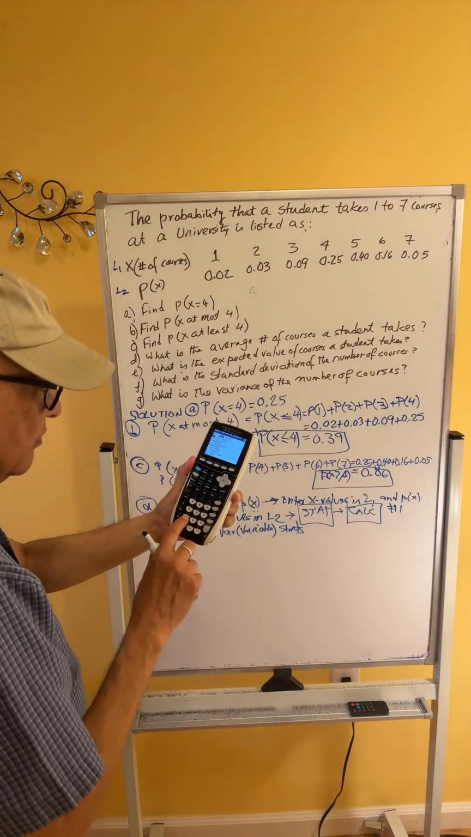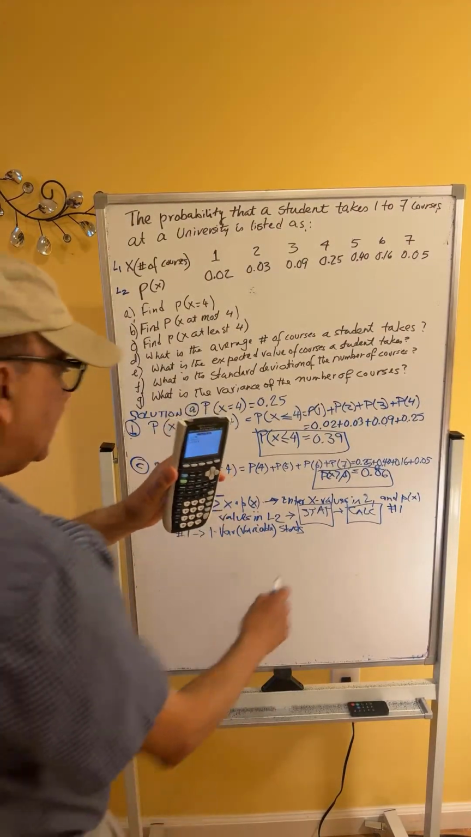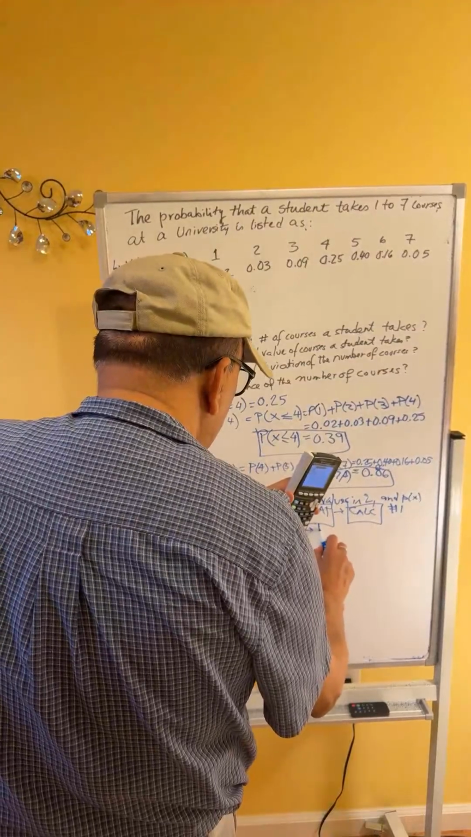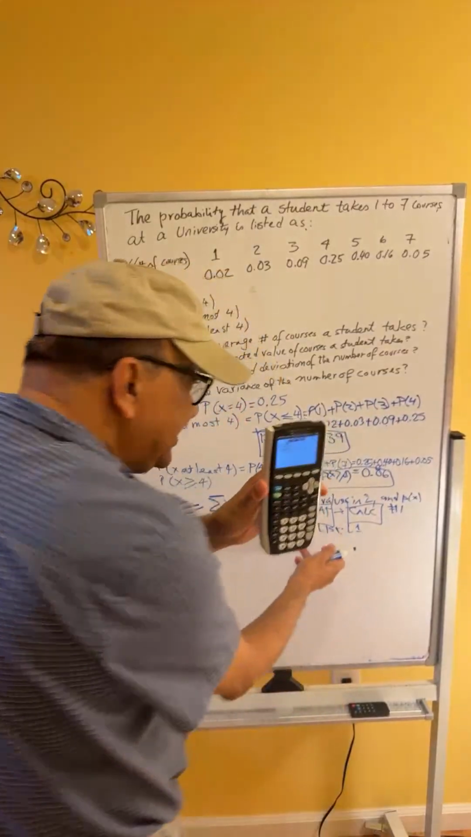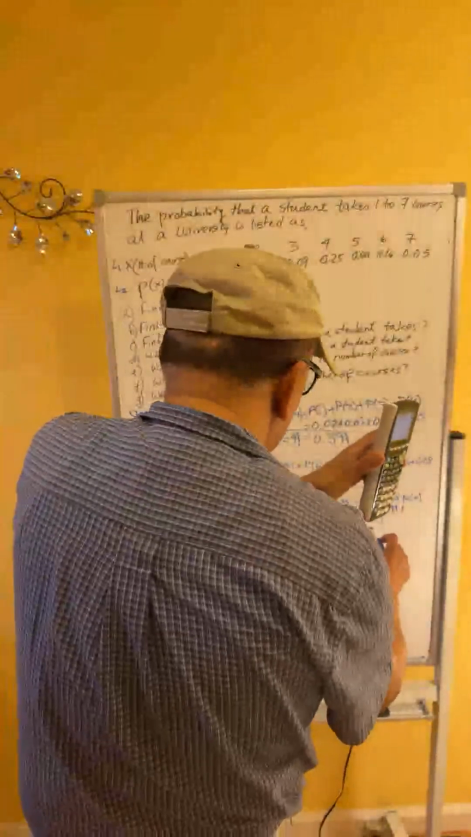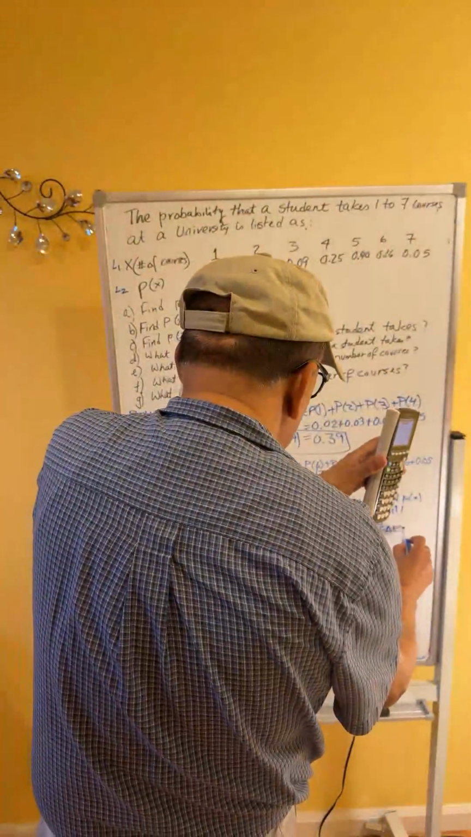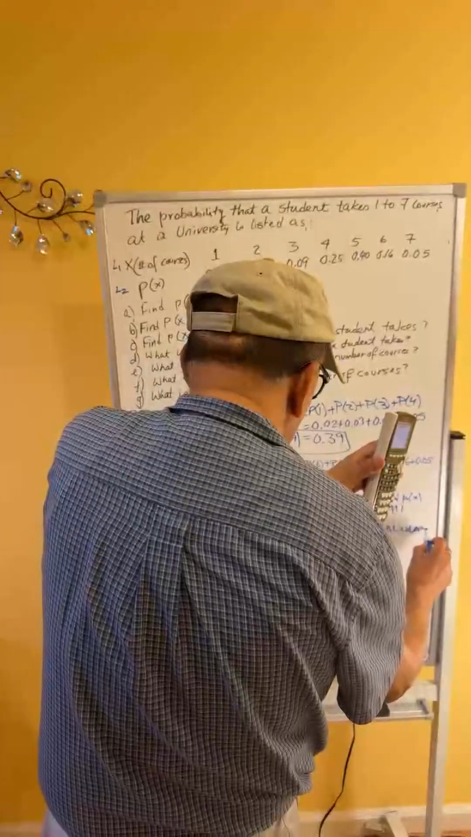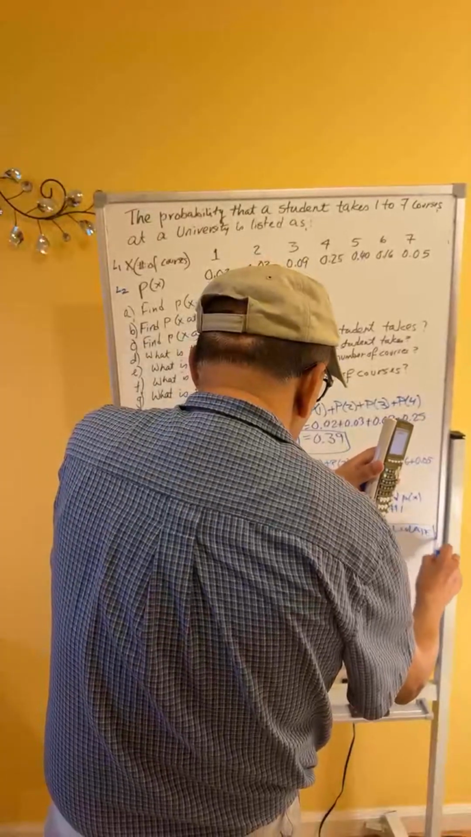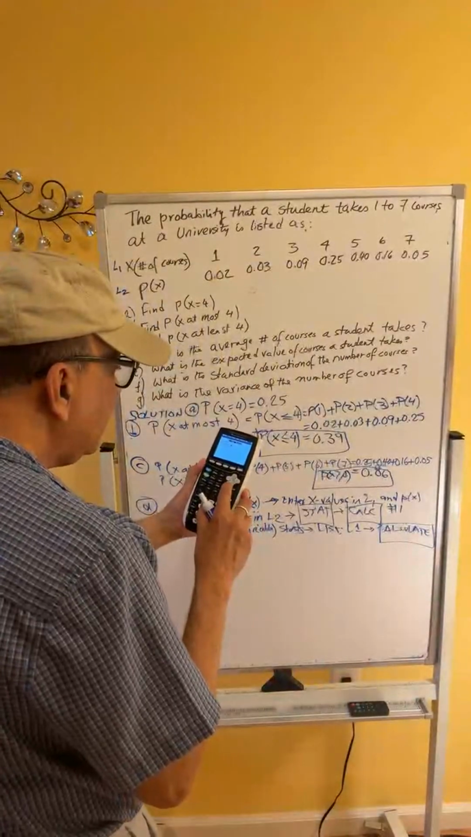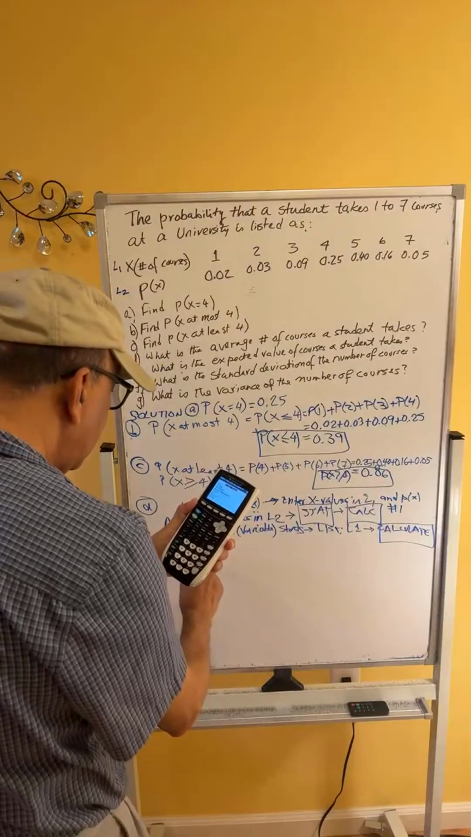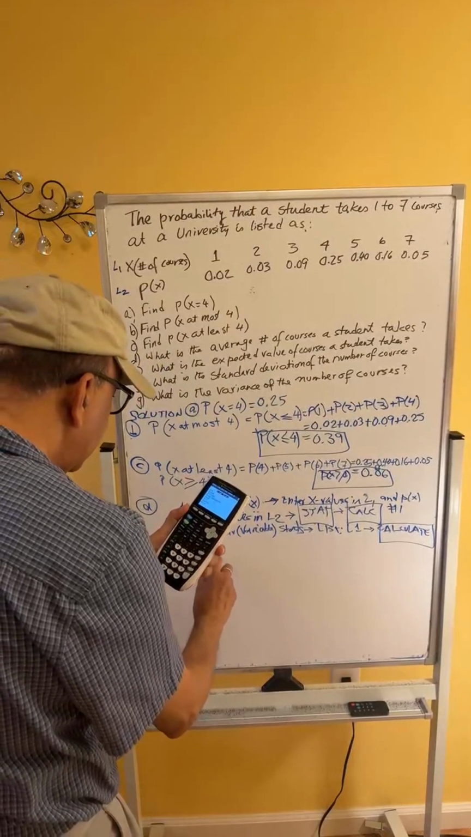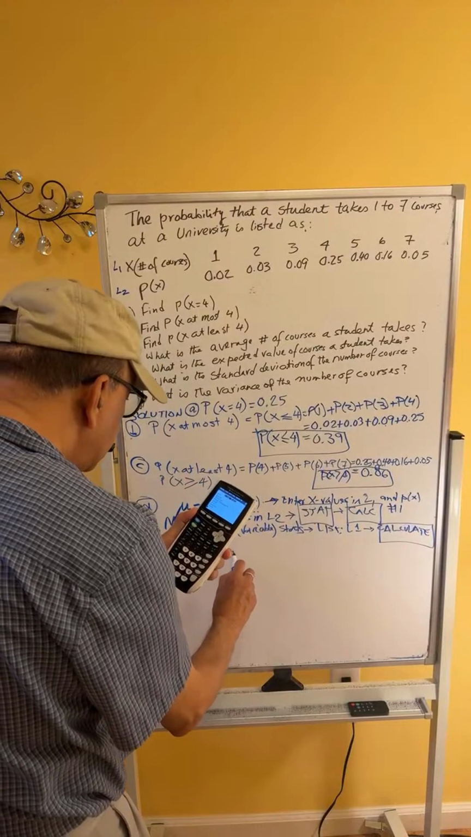1-Var Stats. Okay, my list is L1 and I don't do anything else to any of the lines. This is already set in the calculator. List is L1, first line is L1. I go straight down to calculate and hit enter. Okay. So my mean is the first line. X bar, to be read as x bar, is the mean